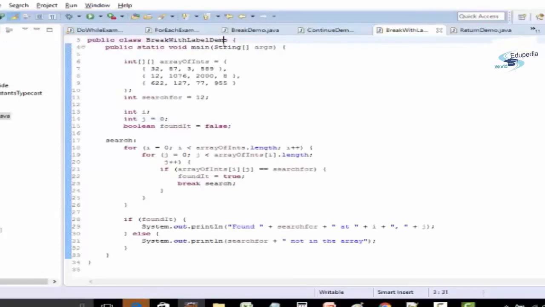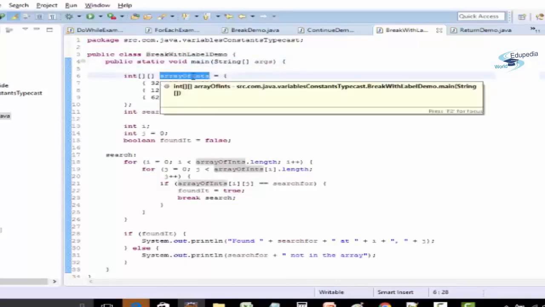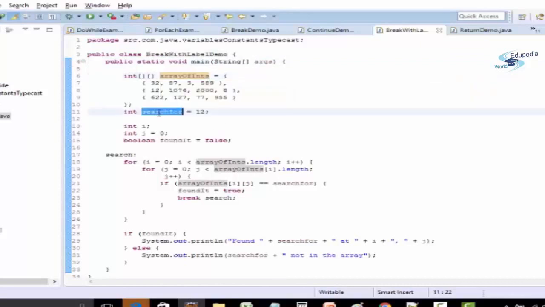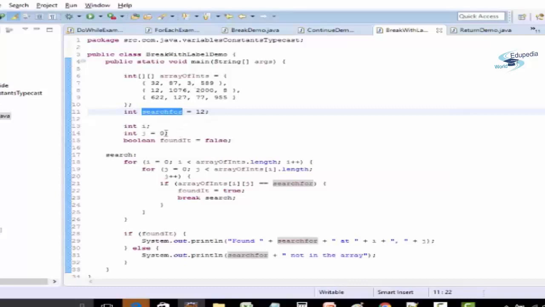Guys, so I've created a class BreakWithLabelDemo, and inside that I have a main method. It's a similar example to the one we have done with break. I have created an array of int and I'm using a searchFor variable. So I'm going to search for 12 in this, and then I have three more variables: int i, j, and boolean foundIt, which is false.